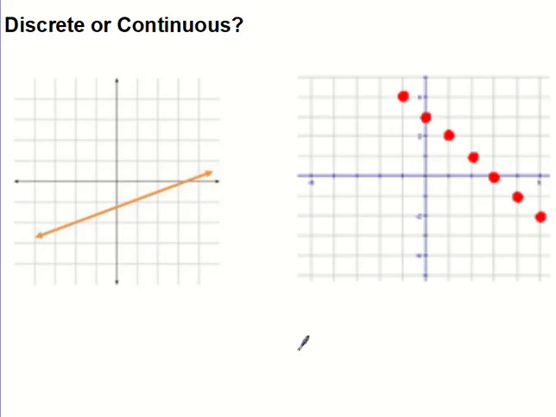All right, so here's our question about discrete or continuous. What I'd like you to do is try to go read your definitions again of discrete and continuous, and I want you to decide if these are discrete or continuous. So we should have said that this first graph is continuous,